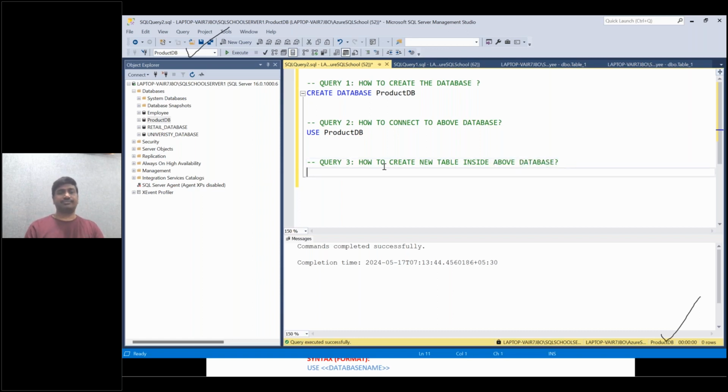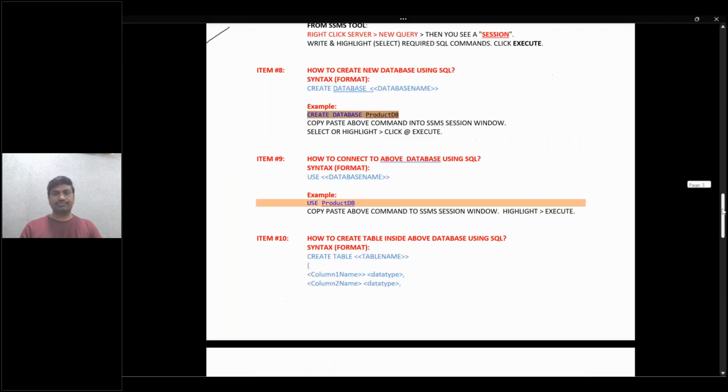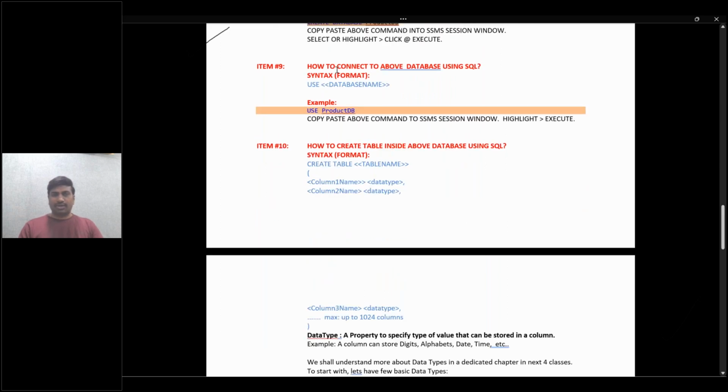Let's ask our notes. You create database, connect database. How to create table? Syntax: create table, table name, column name, data type, column name, data type, and so on